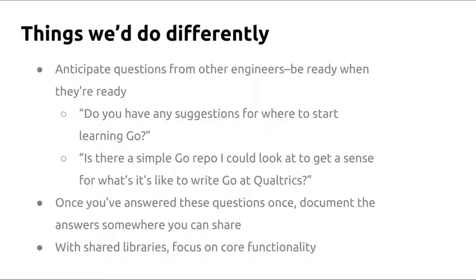Shared libraries: we should have focused more on the core components, core functionality, than we did. We have some core stuff and we have some really high level stuff that maybe could have waited until some of the core stuff was done. For example, we still don't have a shared package that manages authentication and authorization, which you'd think is the first thing you do. We didn't do that super effectively.